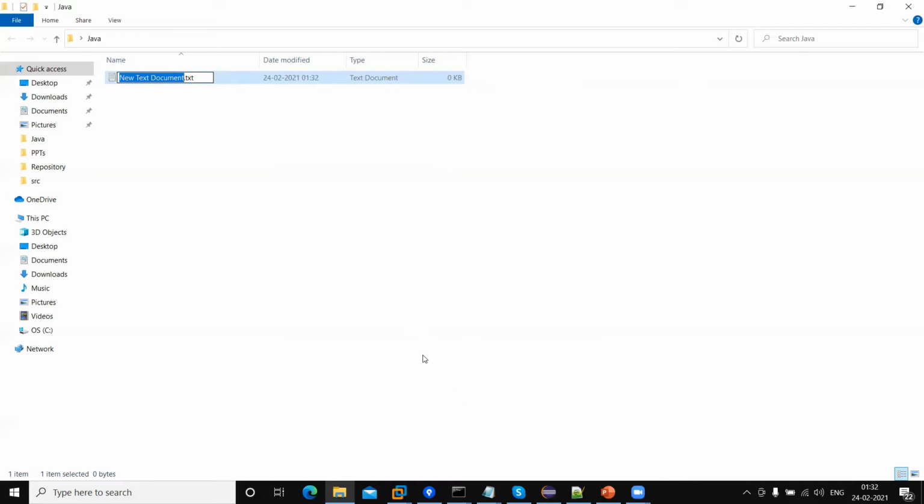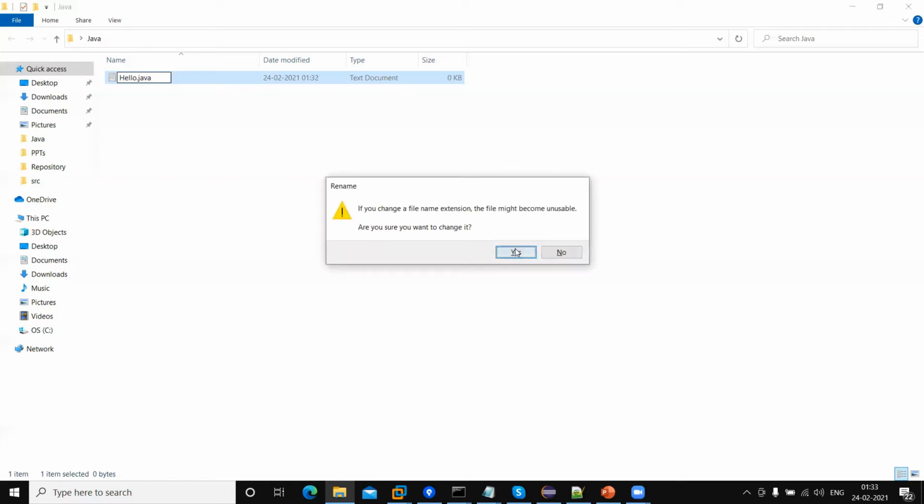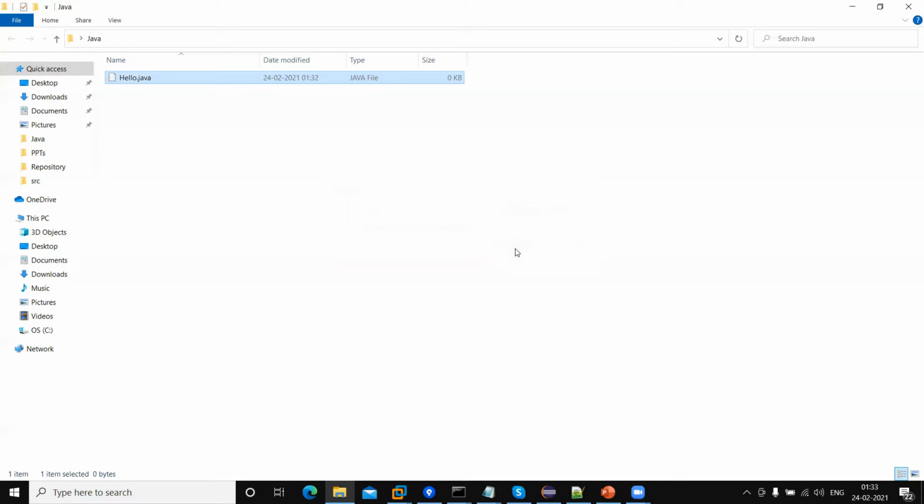Okay, every file has its own extension, right? Similarly, a Java file has its extension, that is .java. Like if you are creating a doc file, then we need to use the extension .doc or .docx. Similarly, if we are going to create a PDF file, then we need to put the extension .pdf.